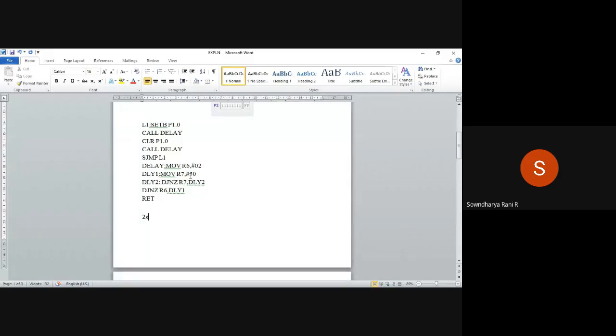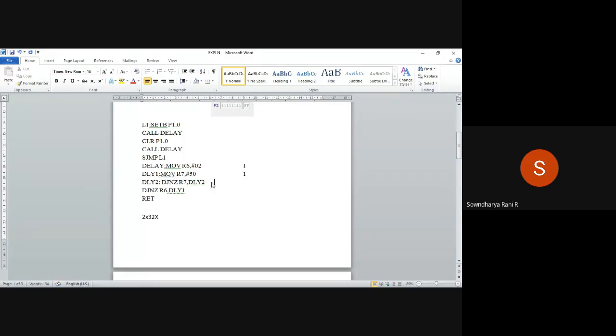So I am multiplying here, right? 2 into the hexadecimal equivalent of 50. It is 32, right? So what is the machine cycle of this move instruction? It is 1, right? What is the machine cycle of the same move instruction? It is 1, right?